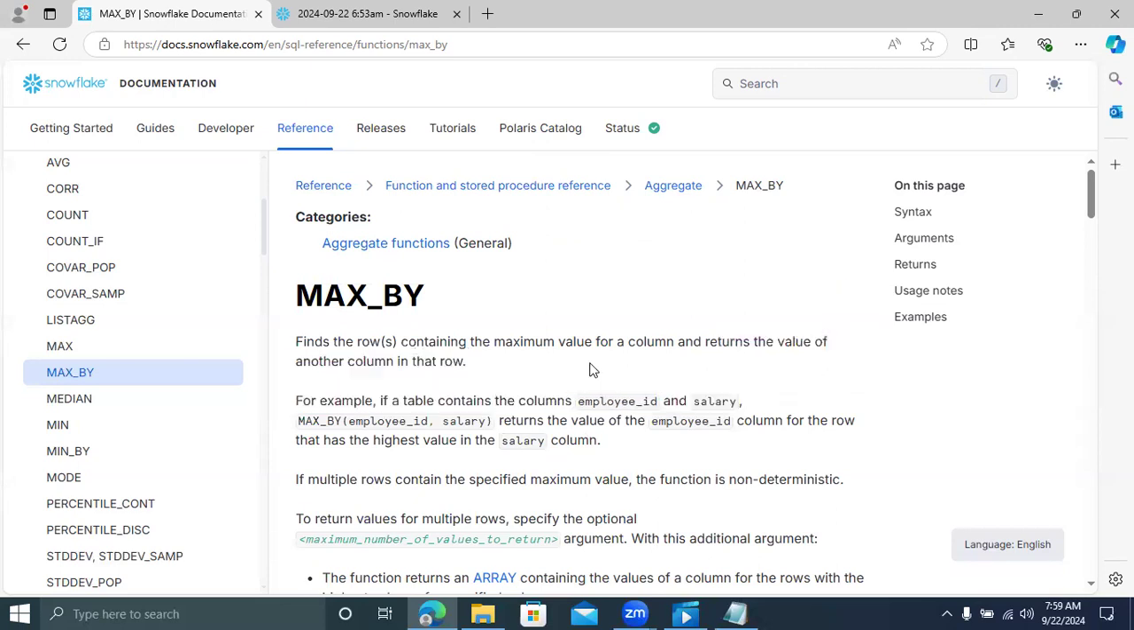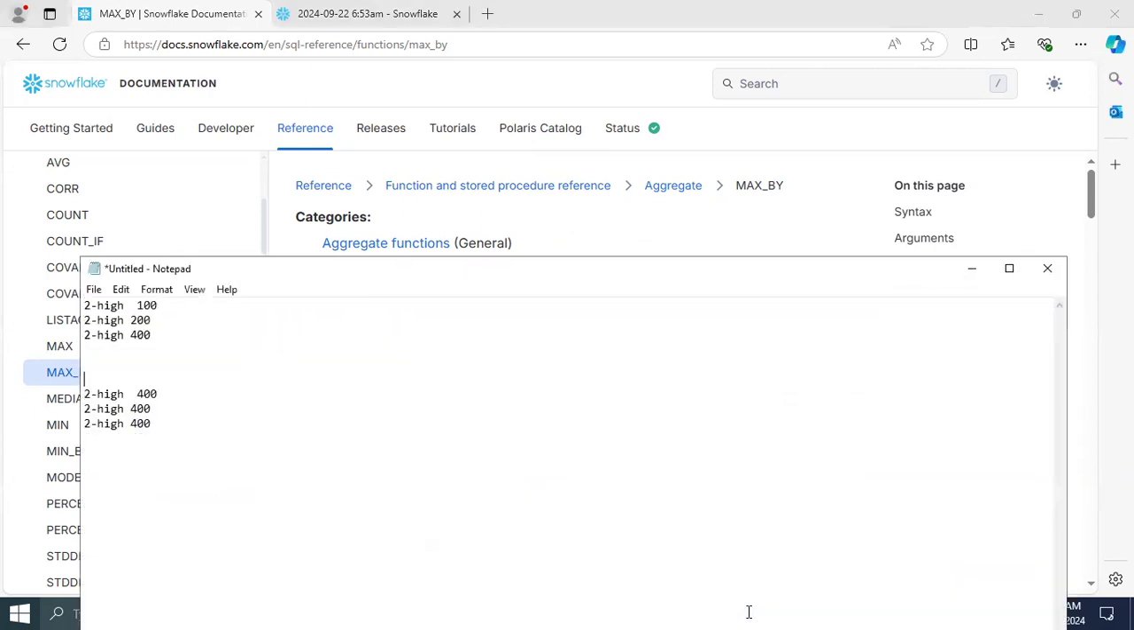Understood? We pass a column, and from that column it finds the max value, but it returns the value of another column in that row. For your understanding, take an example. I'm using MAX_BY and passing 2 columns, column 1 and column 2. From column 2, it finds the maximum value, but the result I will get is a